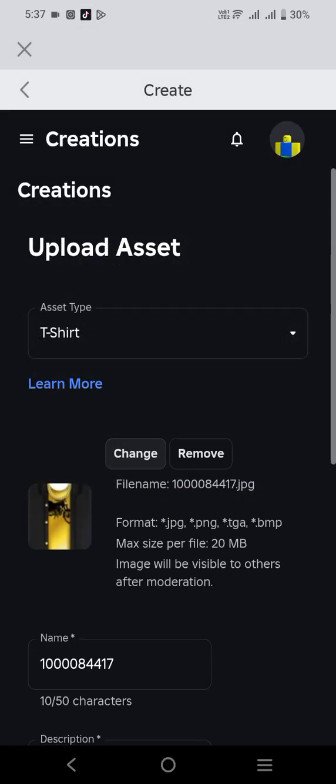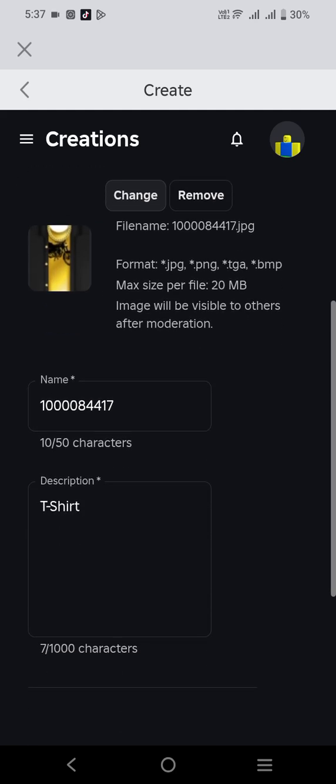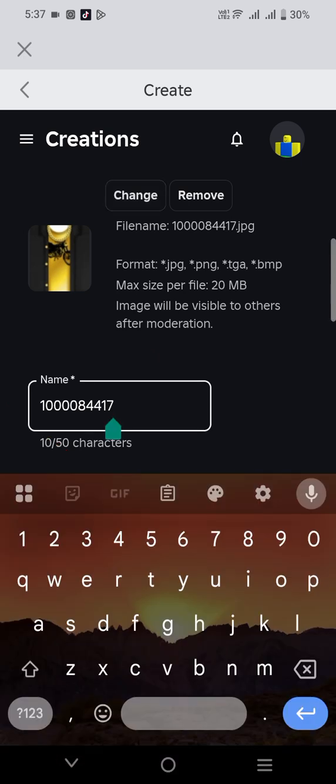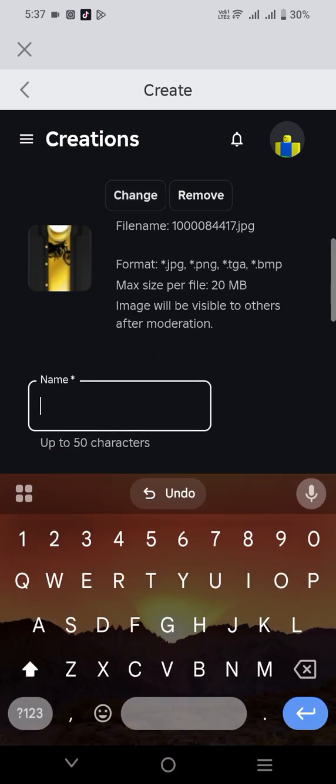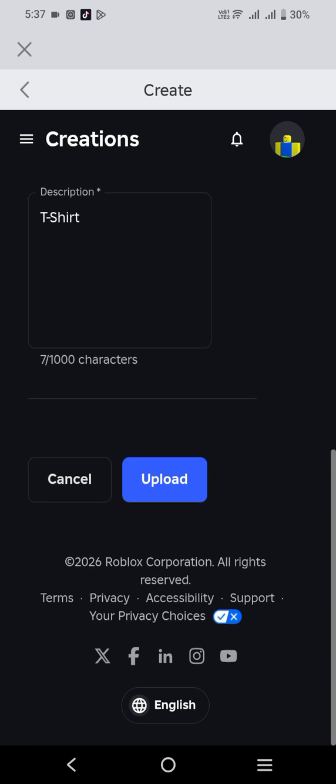Okay, press, and then go down and see this. You need to name it because it won't work if you don't name it. Gonna name it golden. Do that, and then here you're gonna press upload.